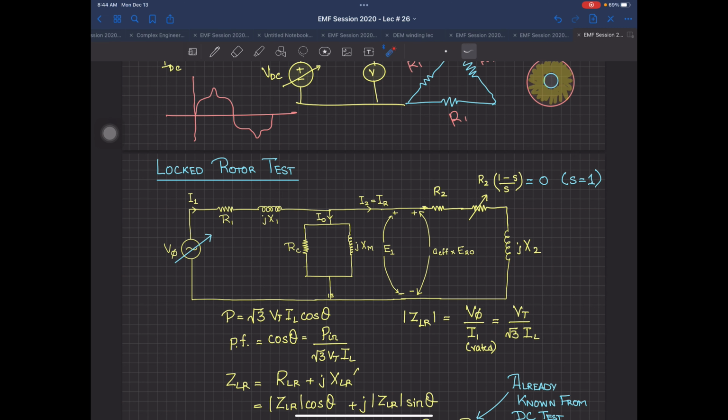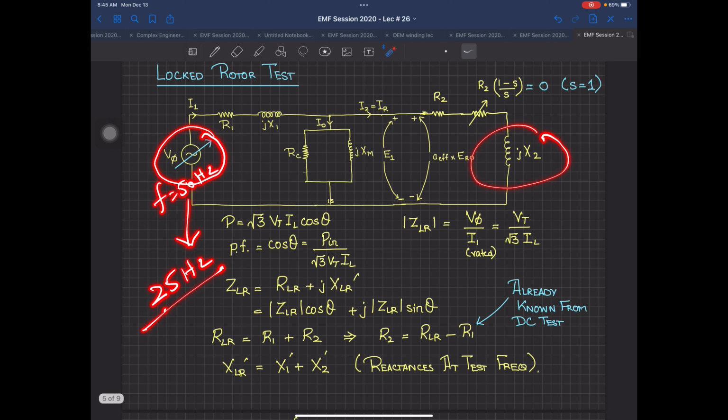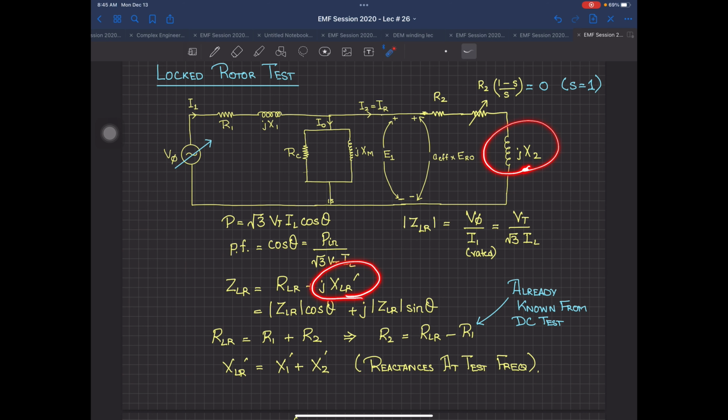So according to this document, with which I personally still don't agree, this is taken from the IEEE standard 112. What they do is change the frequency. Instead of 50 Hertz, they apply something from 20 to 25 Hertz. Still, 20 to 25 Hertz is not exactly the rotor frequency, so this will be a problem. But when you use this 25 Hertz, it will have approximately the same effect which a 5 Hertz or a 4 Hertz or a 3 Hertz would bring. Still not exact, there will be negligible differences.